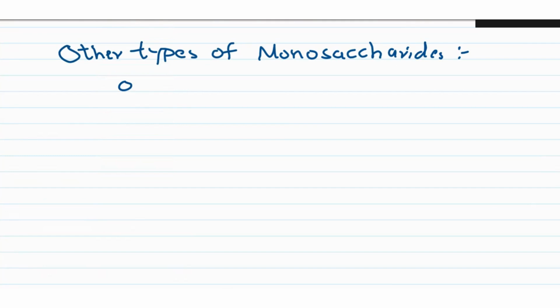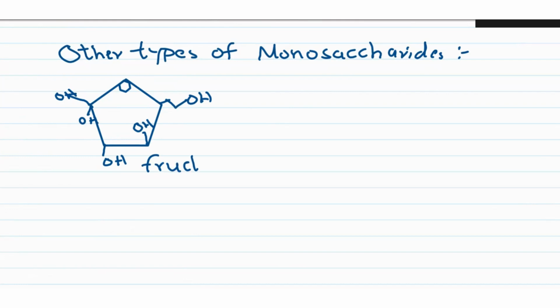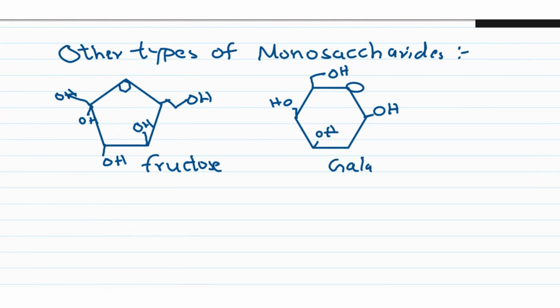We have an OH here. This is the structure for fructose, the fruit sugar, and this is the structure for another molecule, that is galactose. These are some other structures of monosaccharides, single molecules, that you should know,